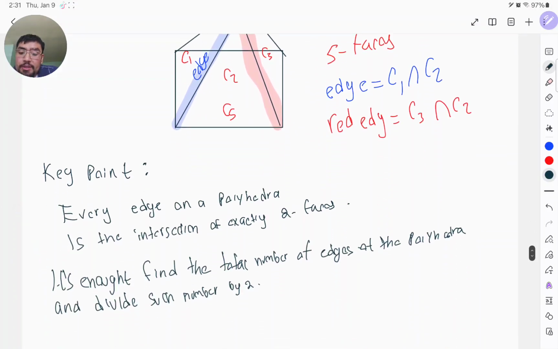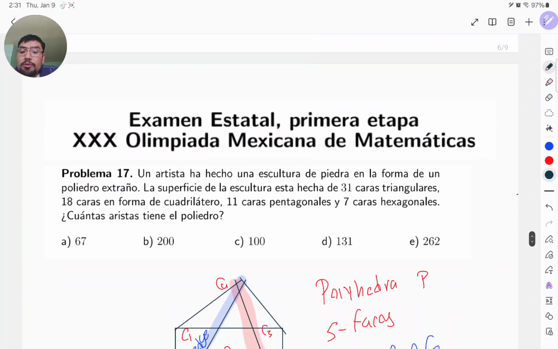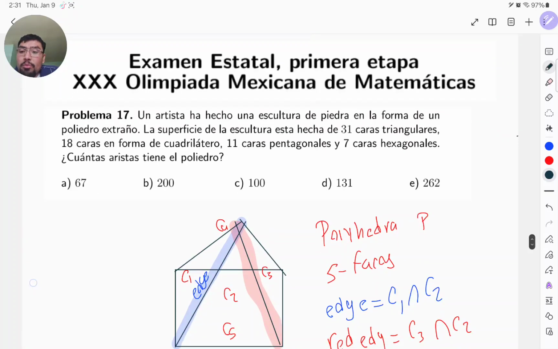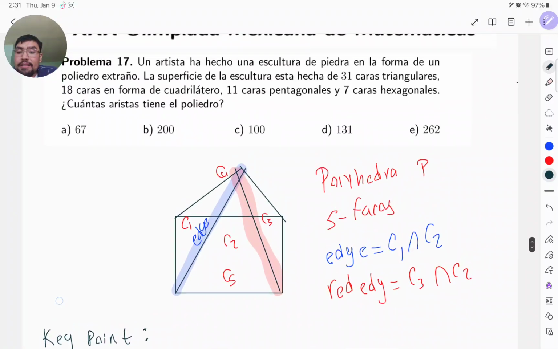It's easier now because we already know the number of faces of the polyhedron,